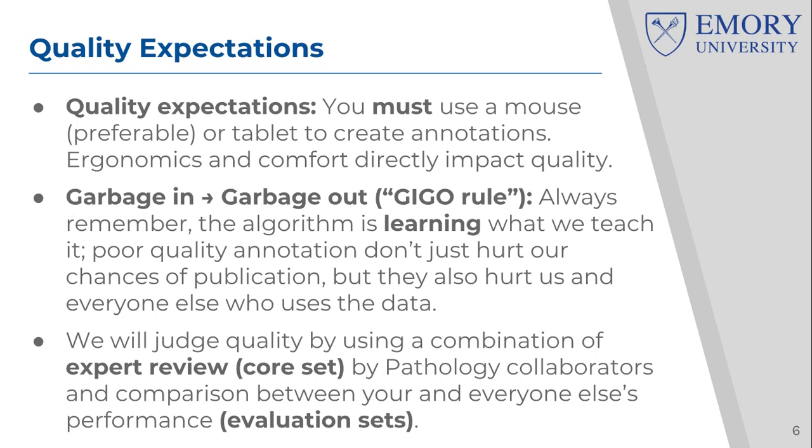that algorithms are going to be using to learn how to do what you are doing manually but automatically. Okay, so if you tell the algorithm this is what a tumor cell looks like, and the quality of your data is good, then the algorithm is going to really learn the correct rule, right? So it's very similar to human learning. If you give garbage data or poor quality data, the learning is going to be bad, right?